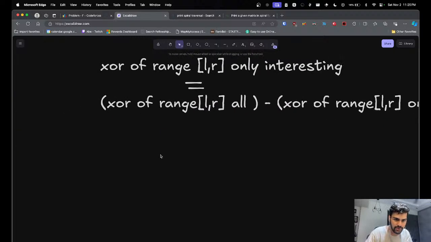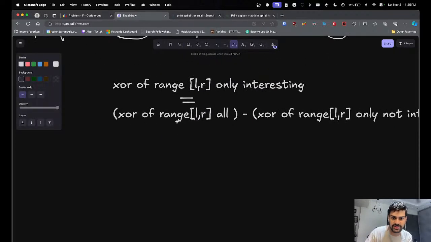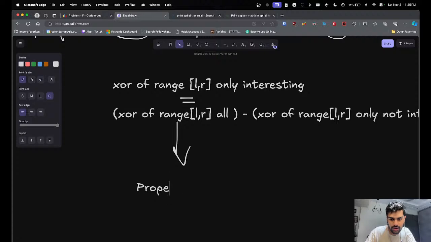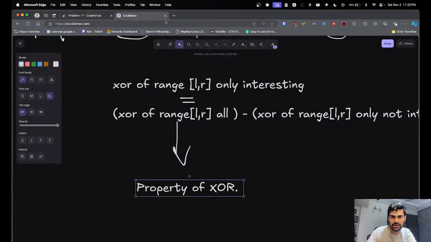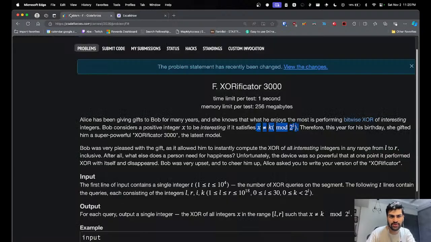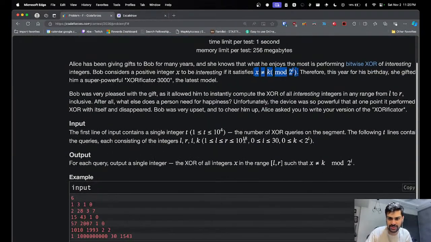Now this part, there is a very cool property of XOR. If you didn't know the property of XOR, you could have